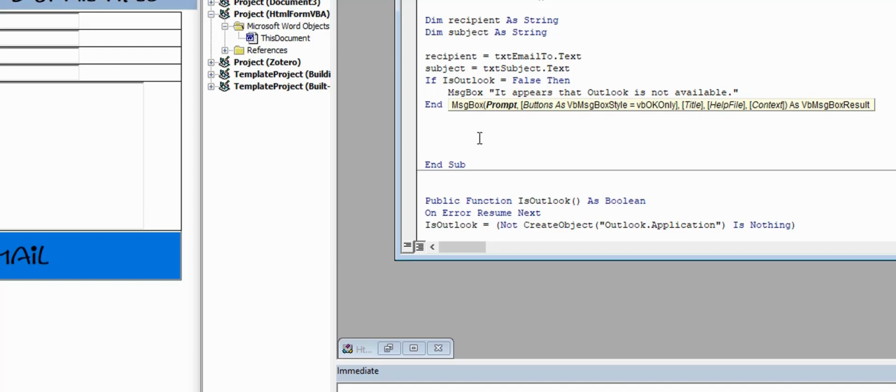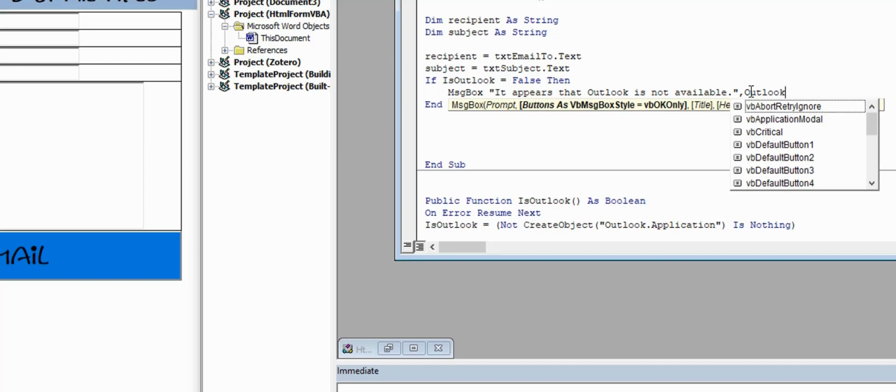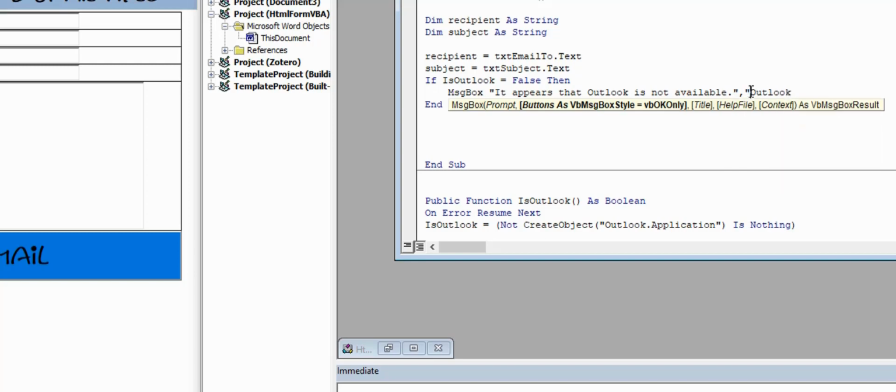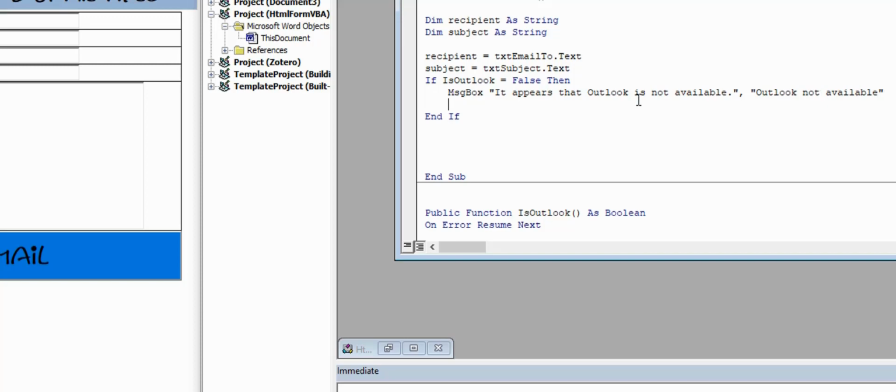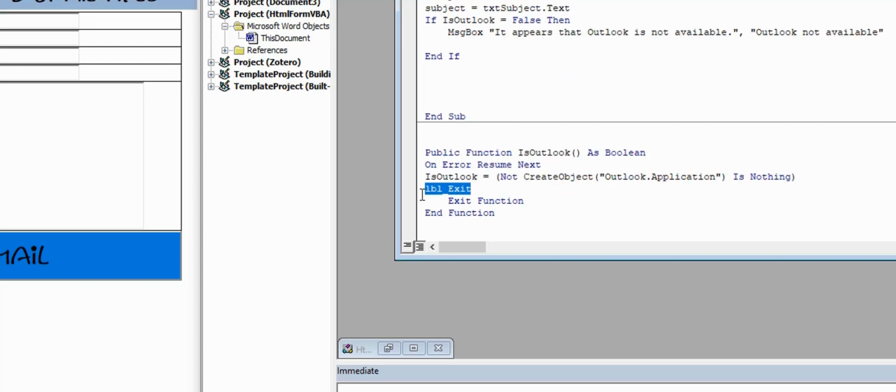Just leave it like that, and I need this to be in quotes. And if that is true, I want it to go the same place this is going. So I will say go to